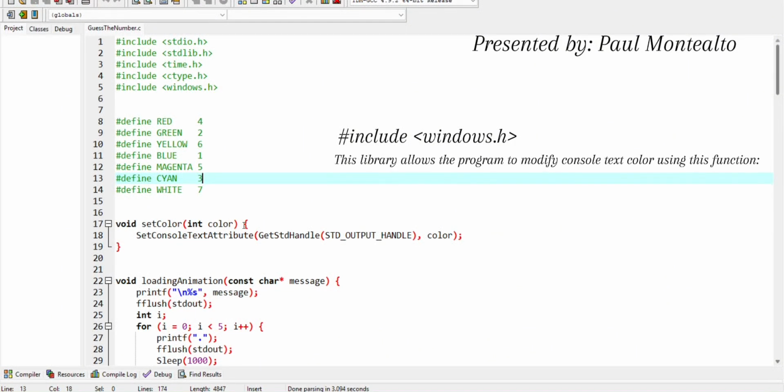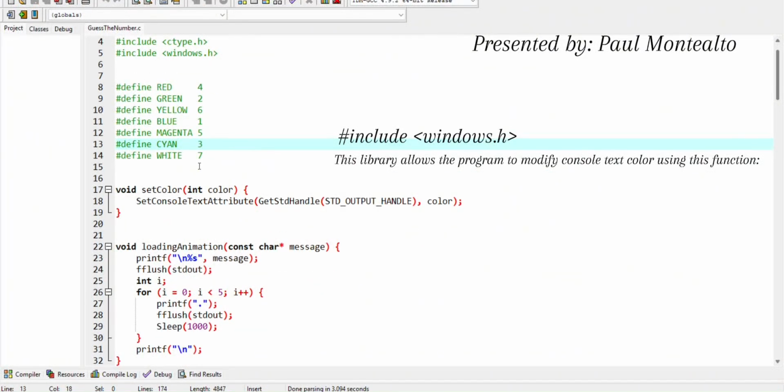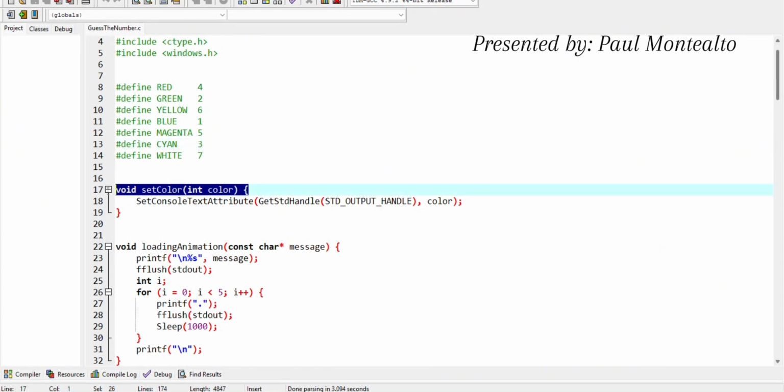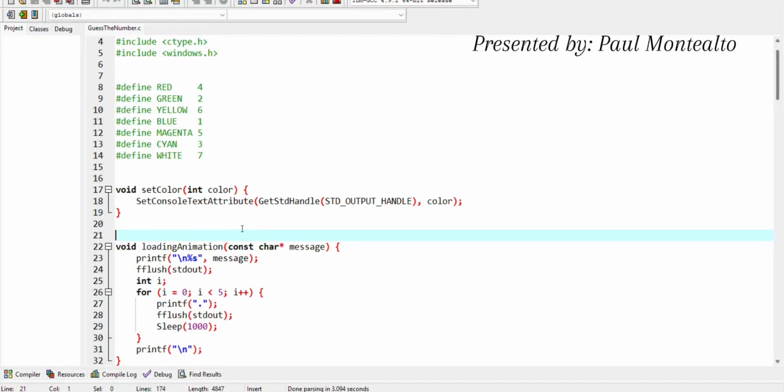This library allows the program to modify console text colors using this function: void setColor(int color), SetConsoleTextAttribute(GetStdHandle(STD_OUTPUT_HANDLE), color).